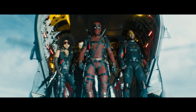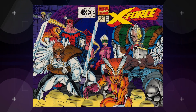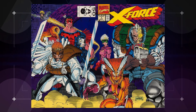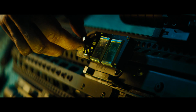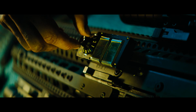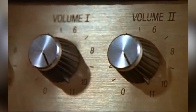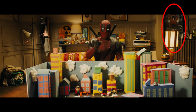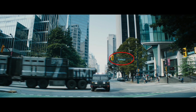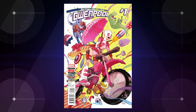Now, this team-up could be the previously mentioned X-Force team or Cable's other team, Six Pack. We assume that with a Fox X-Force film on the horizon, it makes sense for it to be the start of X-Force. Now, there's also a ton of quick sight gags worth mentioning, from what looks like the power control device on a gun being turned to 11 as a reference to the 1984 rockumentary This Is Spinal Tap, to the painting from the original Bob Ross teaser being seen in the background of Deadpool's toy room, to the Hastings Street sign seen at 1:37 into the trailer referencing the name of Deadpool comics writer and Gwenpool creator Christopher Hastings,